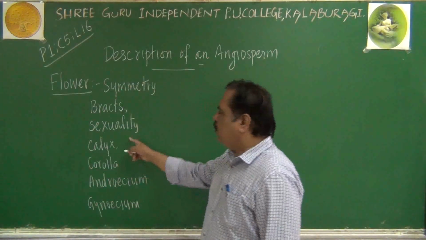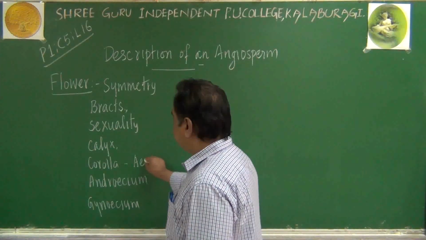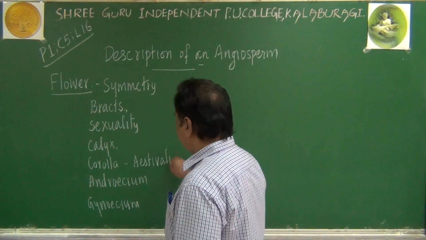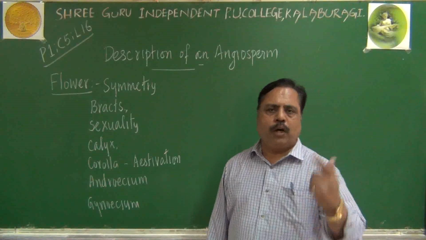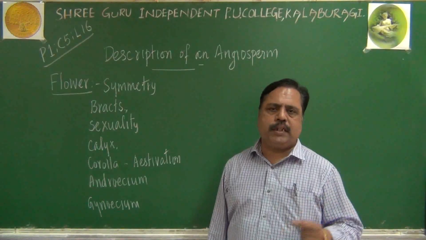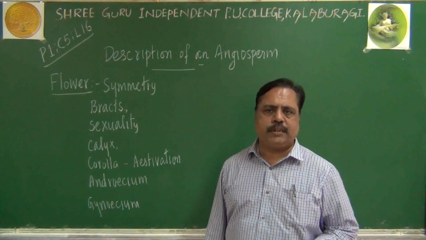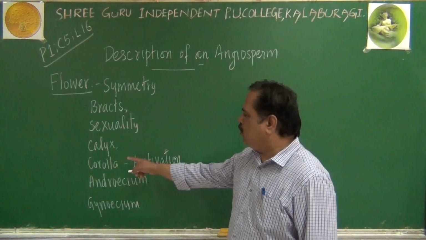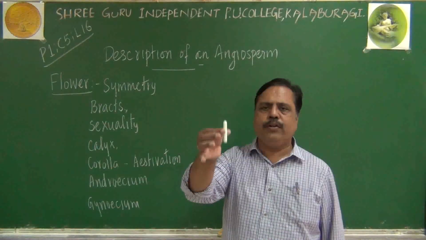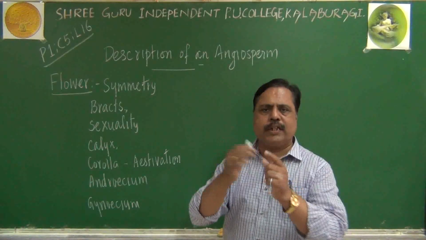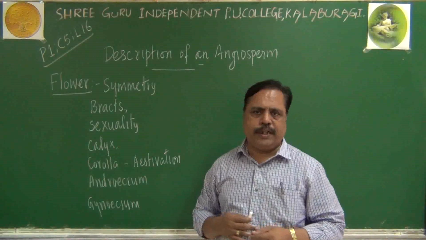When we come to calyx and corolla, you can write estivation of the flower also. Estivation. We have seen already about estivation. Valvate estivation, twisted is there, imbricate is there, vexillary, like that, various estivations are there. So about them, you have to write that point related to that particular flower. Imagine I am giving you a flower, you can write which type of estivation it has got. Not all the four terminologies you have to write.